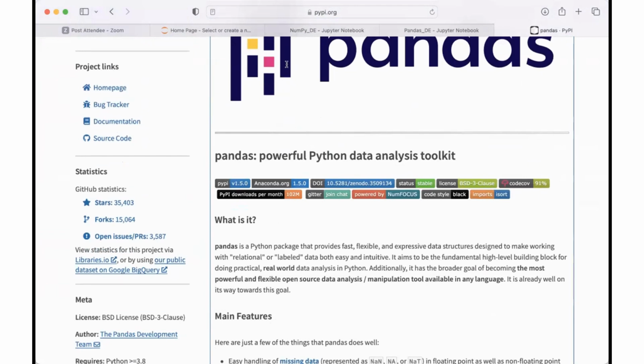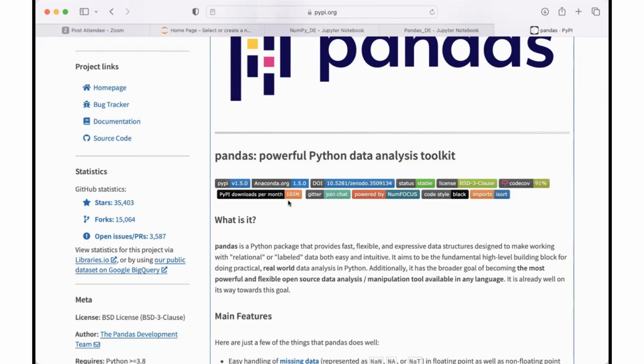All right, and it is the most used package in the history of programming. In the history of any programming language, Java, C, C++, Python, etc., it is the most used package ever. Not only Python, there is not any other package that has been used so much.